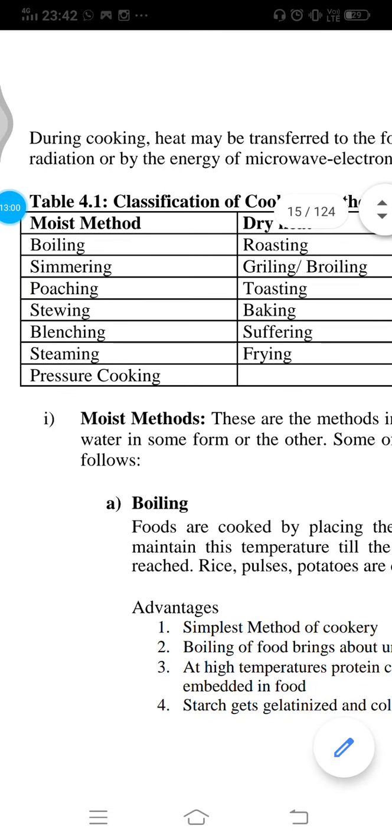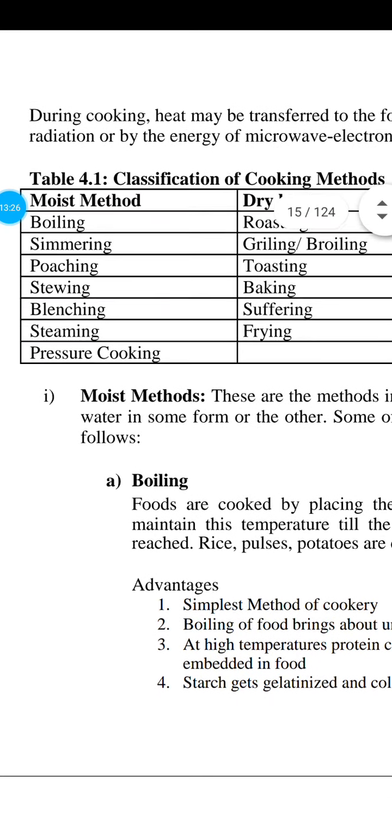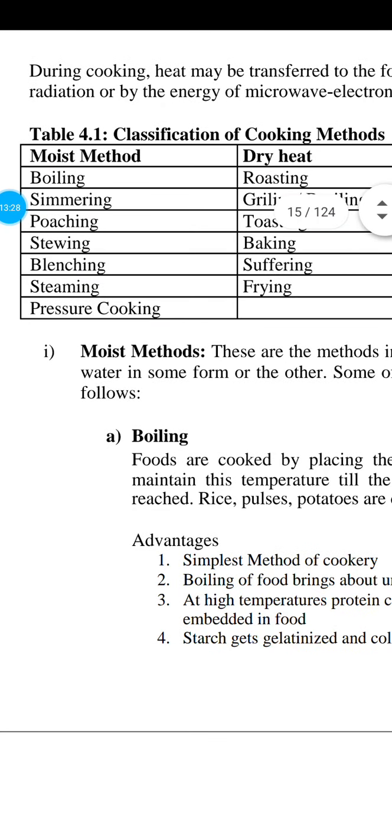Toasting, you all know what toasting is. Like toast is prepared, heat is provided over the surface of the food, which cooks the food evenly and makes it crispy, that is toasting. Baking: in baking, special devices like an oven or an arrangement of vessels in a proper way, like inside a pan also, can be used. In it no extra moisture is added; rather, the moisture present inside the food is used for cooking.